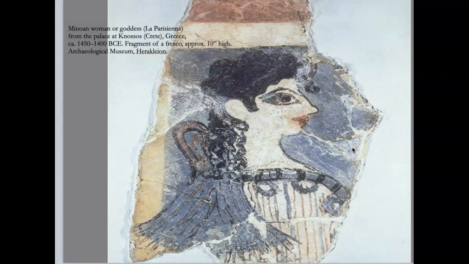She is in profile, and her eye is facing forward, which is very similar to what we saw in Egypt, but it's much looser, right? It's a much more loosely curvilinear, relaxed style than anything that we would have seen in Egyptian conventions. Remember, there was a canon of proportion and a very specific system that the Egyptians used to make their art. And so this is quite different than what we've seen there.